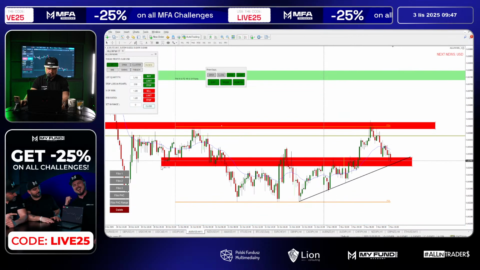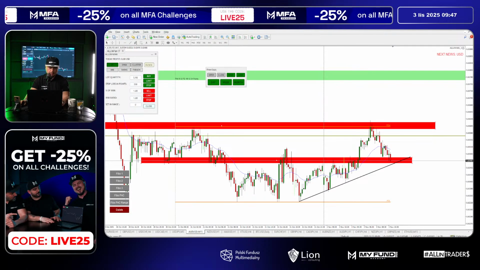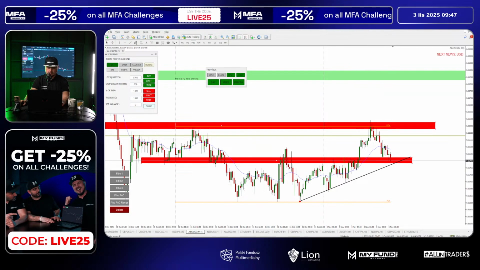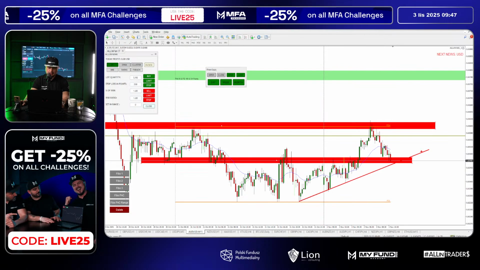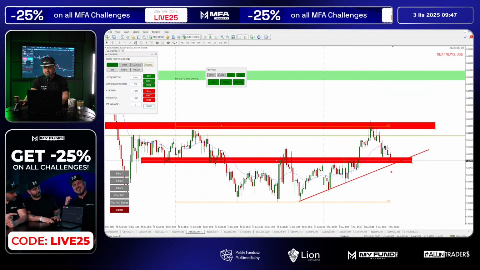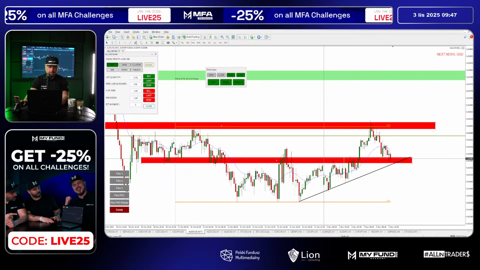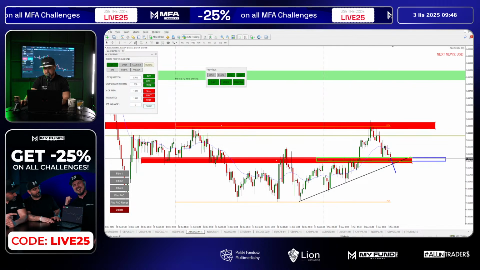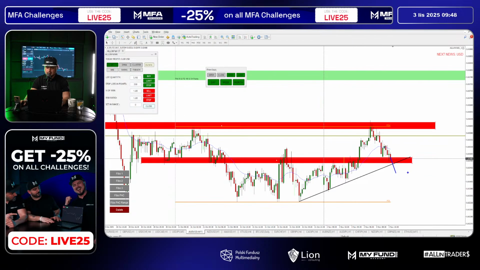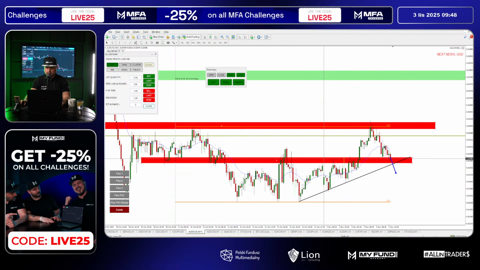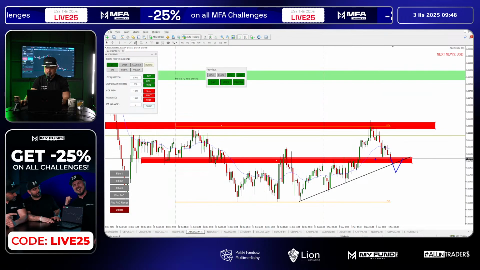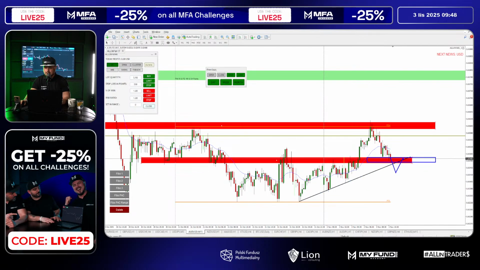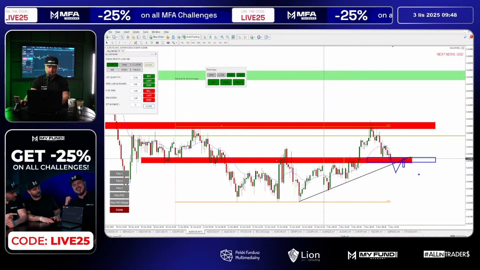This is like a support resistance zone. You can see we had some reactions before at this area, and we got some kind of reversal line from the lower time frame over here. So we can wait for the price to break through, which will put us on the other side of this support resistance zone. It's gonna be much better for us, and then we're gonna wait for the retest. We're gonna retest this area and this support line, let's say. We're gonna retest it, and there will be a nice reaction.